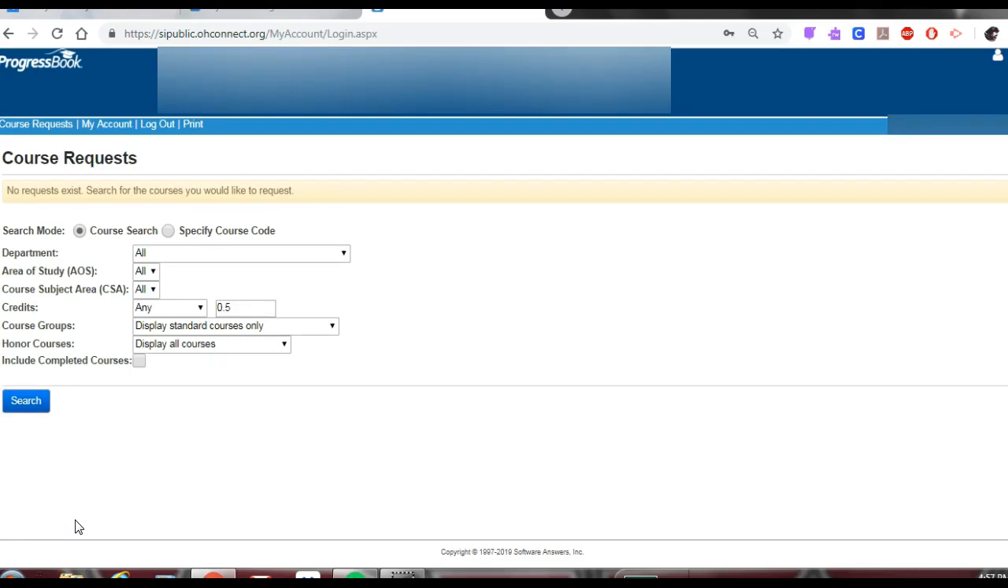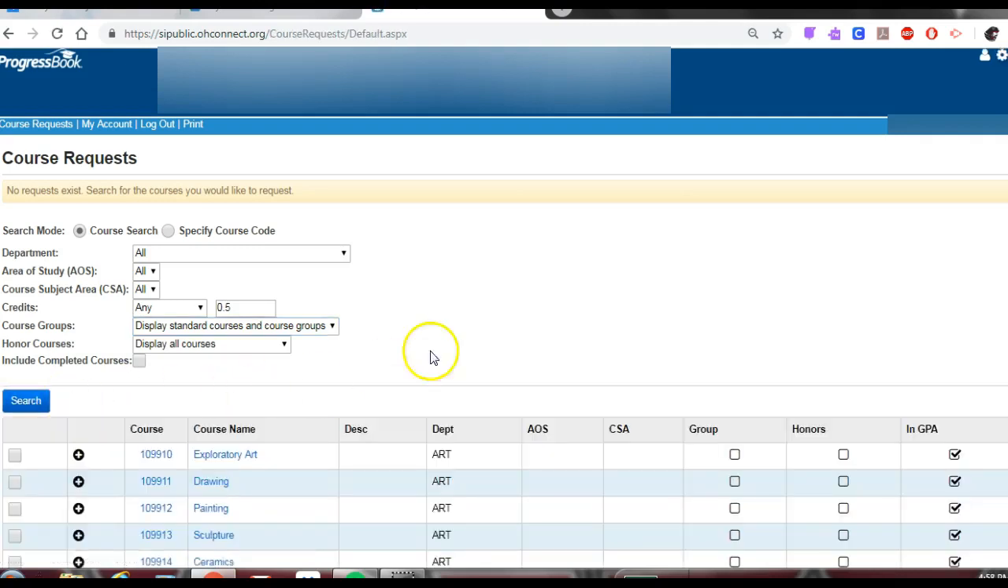All you need to change on this screen is the course groups. It defaults to Display Standard Courses Only. Click the drop-down arrow, select Display Standard Courses and Course Groups. You have to do this in order to see all the course offerings. Once that is finished, click Search, and this will bring up all the classes that are offered at Rock River